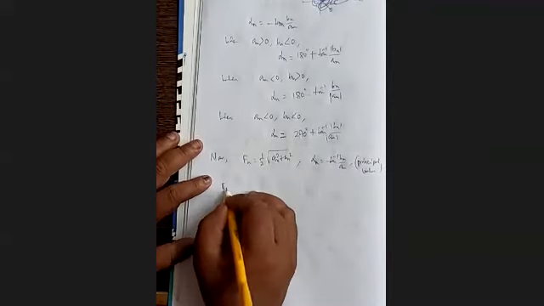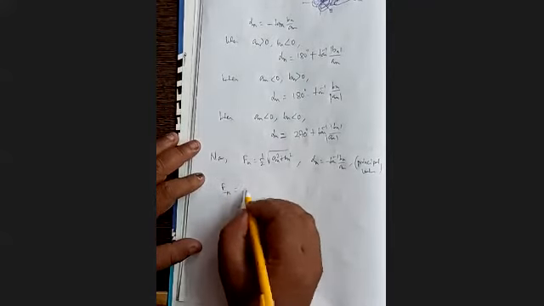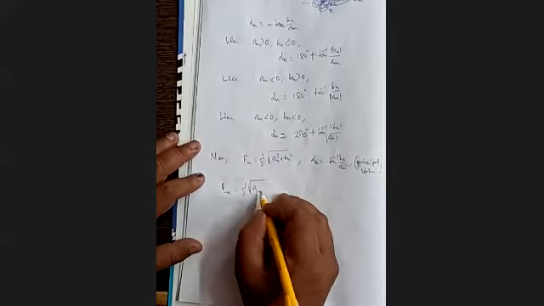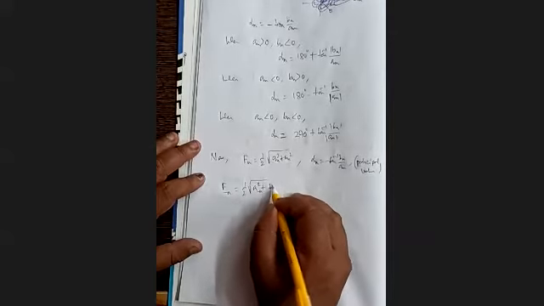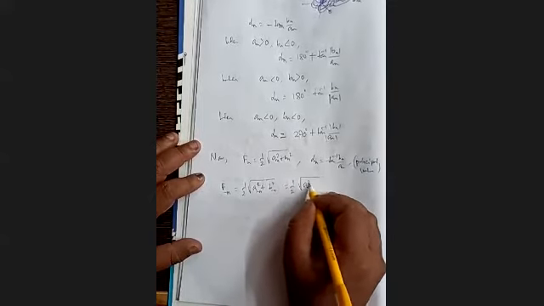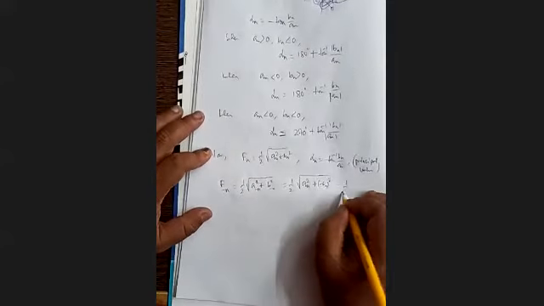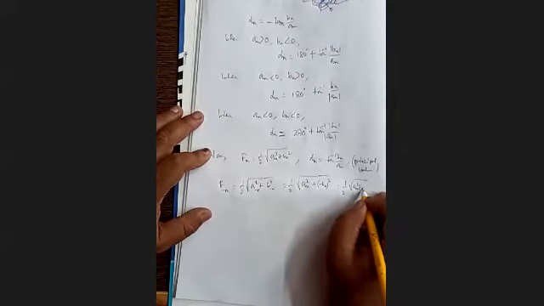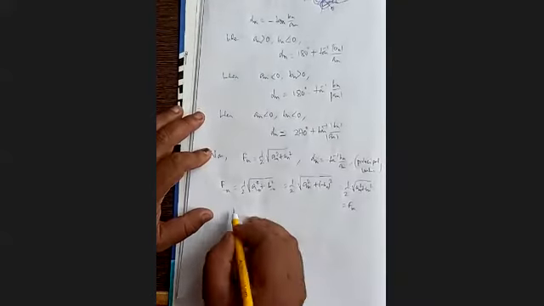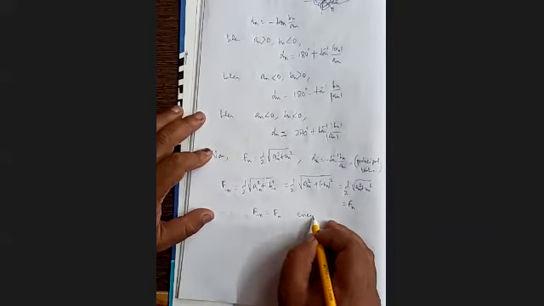Now what is f minus n? If we replace n with minus n, it will be half of the square root of a minus n square plus b minus n square. Here a minus n is an and b minus n is minus bn, because an is an even function in n and bn is an odd function in n. So it's half of the square root of an square plus bn square, which is equal to fn. So f minus n equals fn. It is an even function in n.